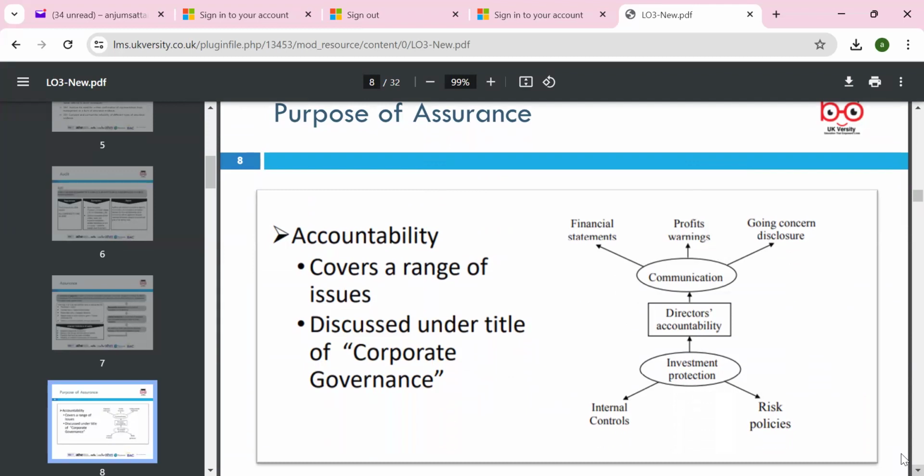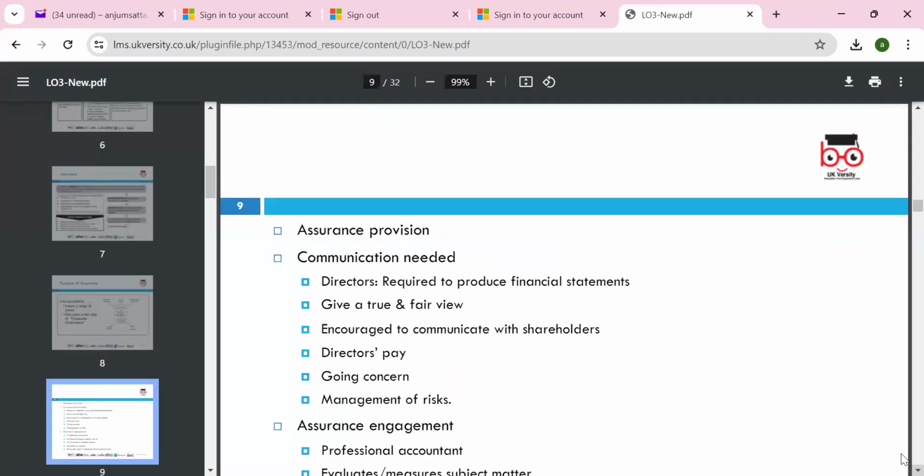Yes, in terms of the balanced scorecard, we can look at the learning perspective and different perspectives of the organization. We can give the assurance. So the profit warning, the going concern, directors' accountability, investment protection, internal control and risk. What procedures do they have? Assurance provisions,